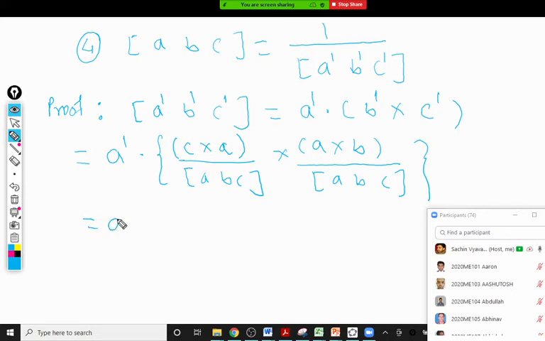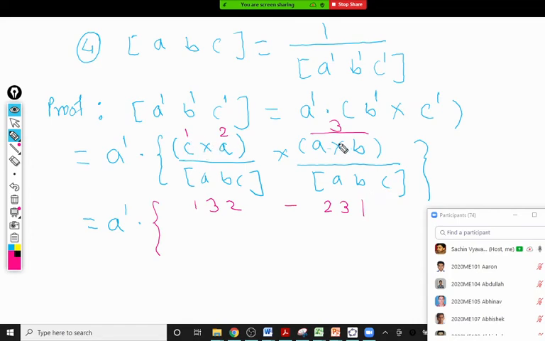Let me further simplify. What can be done for the inner bracket here? Sir, we can consider one bracket as D and use the vector triple product. Yes, you can use the vector triple product formula or the vector quadruple formula, that is the same. If I give the numbering 1, 2, and this entire bracket 3, then 1 2 3 is 1 3 2 minus 2 3 1. We already saw that formula. So for this curly bracket, I will write 1 3 2 minus 2 3 1.